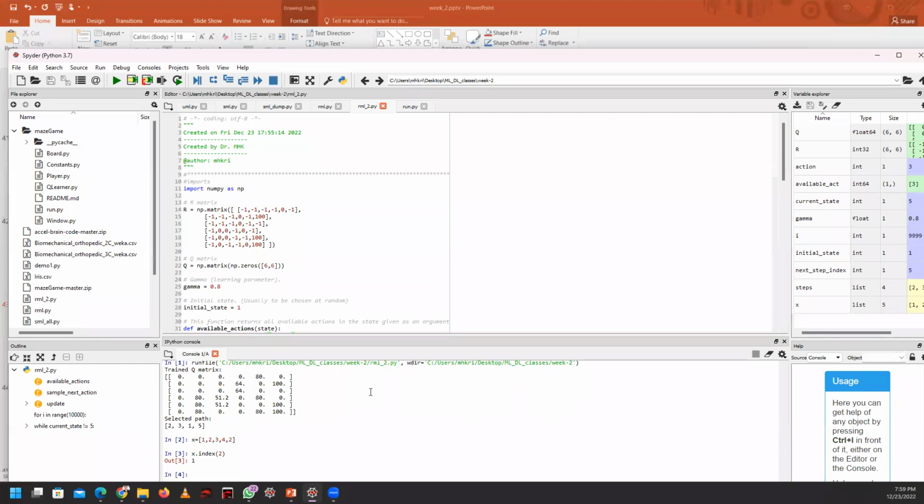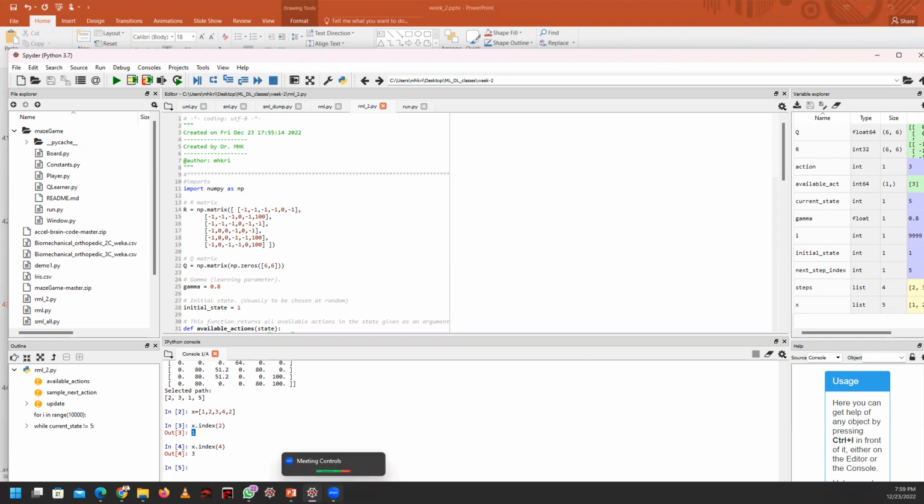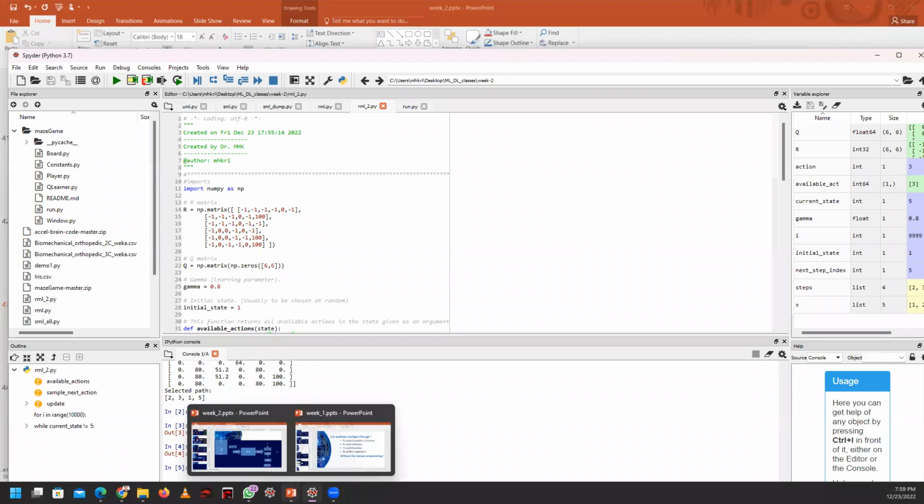Yes, sir. Okay, if you are asking what is the index of 4, it will give you 3, because 0, 1, 2, 3. So this is the position. But if I'm asking what is the index of 2, then what will happen? The first value will be available at the output side, right? Same thing here. We are trying to identify the maximum value, and if all the values are same, the first value will be taken as the output. That is from the program side.